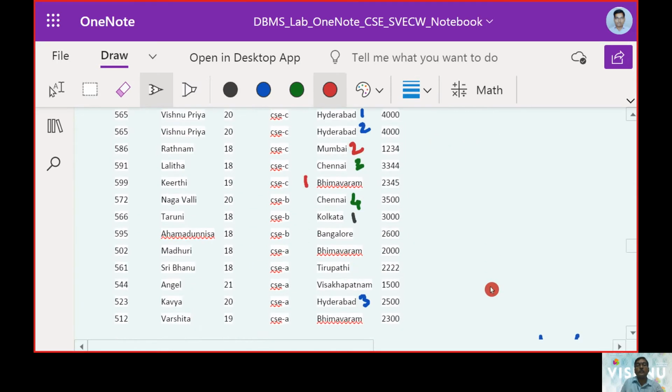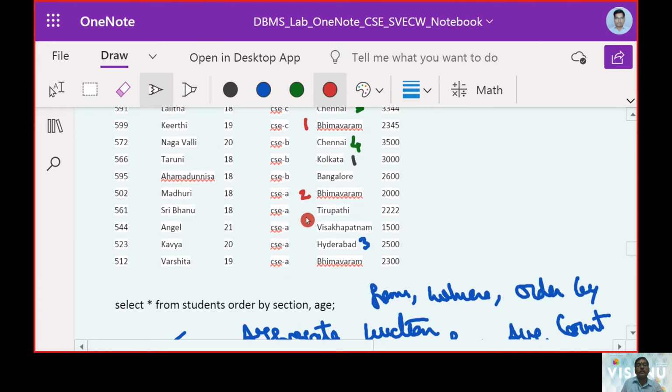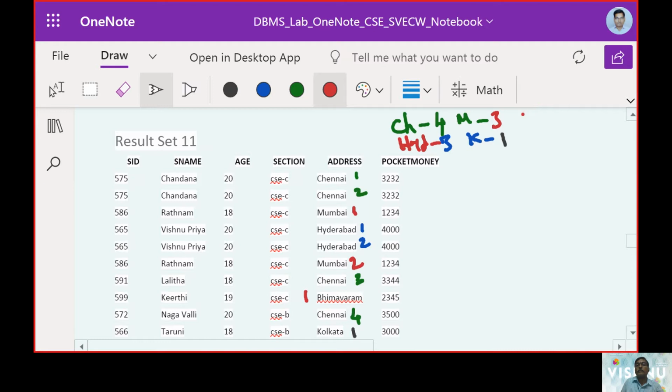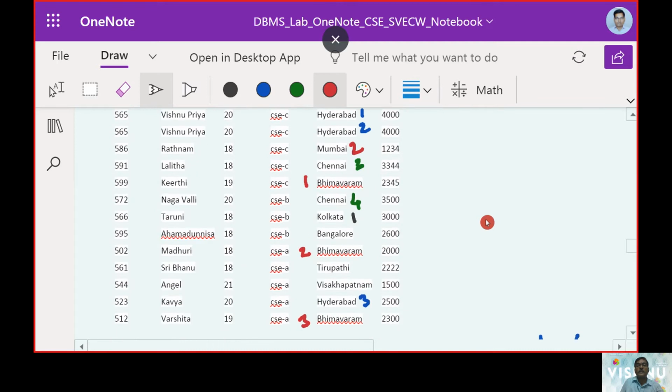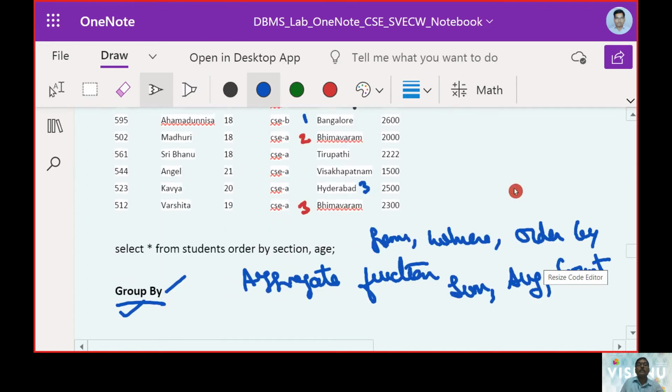It is 1 out of 16, 2 out of 16, 3 out of 16. So it is 3 here. Then still we have Bangalore pending. So 1 located at Bangalore.